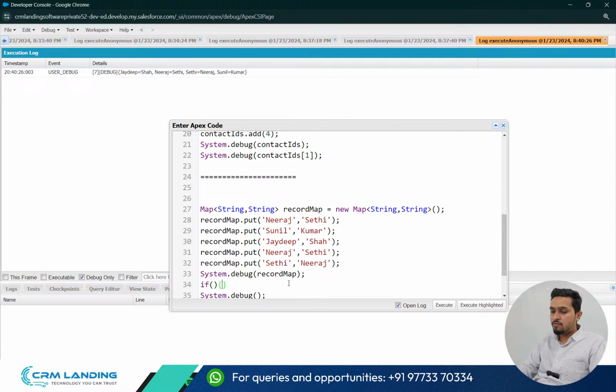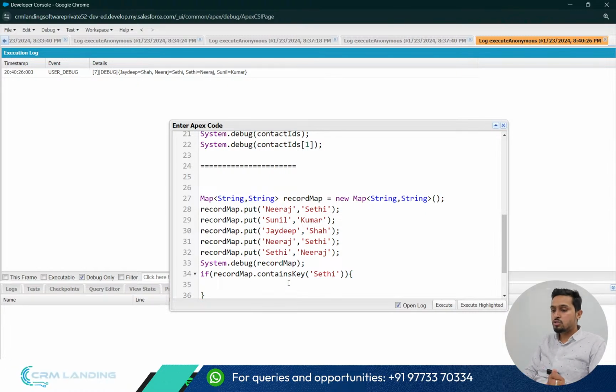Similarly, like in if conditions, we also have dot containsKey here. First I should check whether this particular key exists or not. If it does not exist, it will throw an error. So that's why, whenever we are trying to access any value from a map, always make sure we do the key check. Another thing is